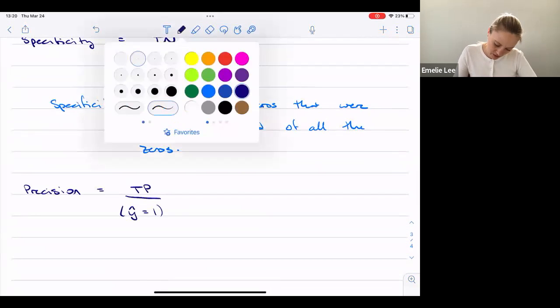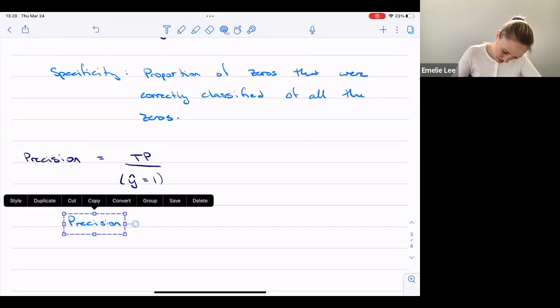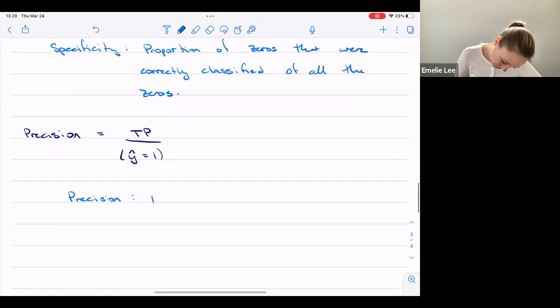And so the precision then is the proportion of correctly classified ones over the total predicted ones, right? So the proportion of correctly classified ones